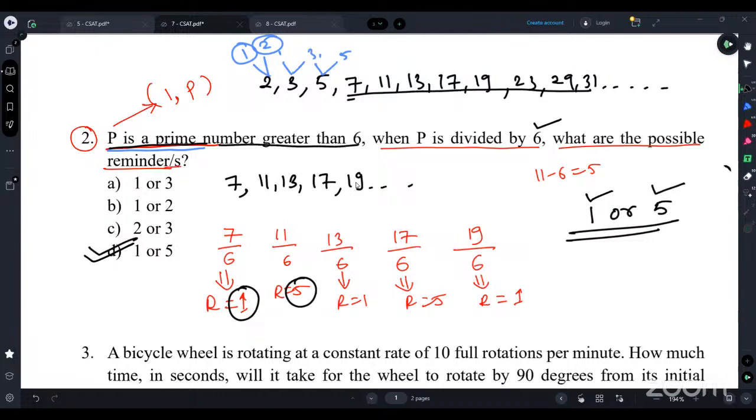Okay, 1 is not a prime number, Divyansh, because one has only one factor. One has only one factor. But what is the definition of prime number? It has to have